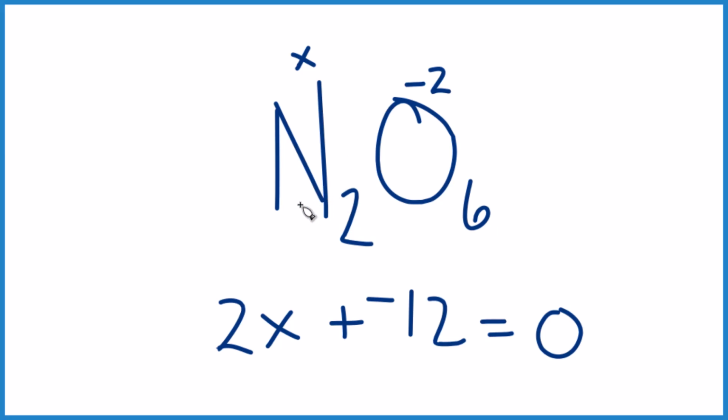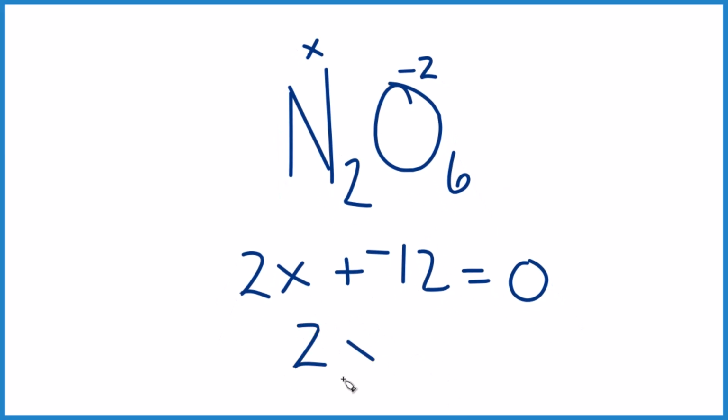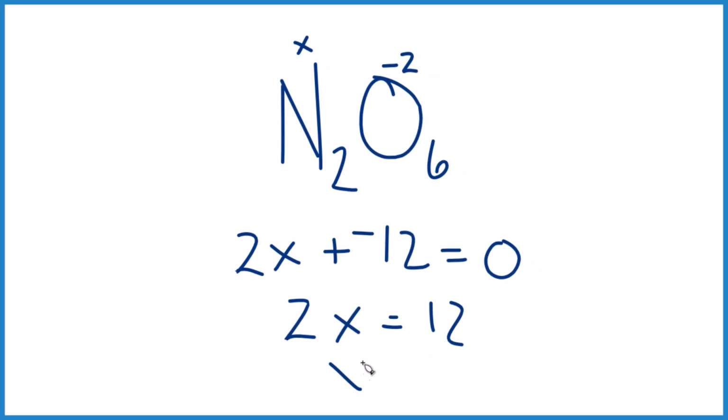When we started out, it was just N₂O₆, didn't have a charge. So solve for X. So X equals 6, that's a positive 6, and that means up here, each nitrogen atom is going to be +6. And sometimes students find that confusing because if you look at the periodic table and you're looking